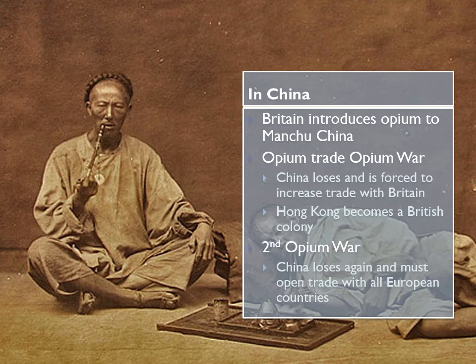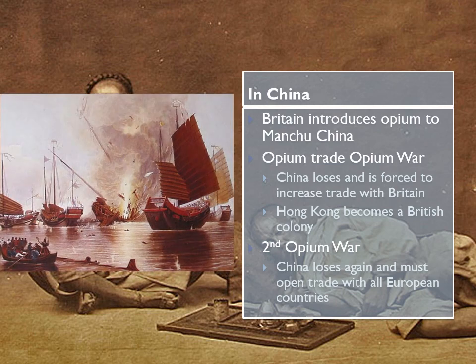Then we have another opium war. China says no again because opium is destroying their population, and China loses again and must open trade with all European countries. So the opium wars do not go well for China. Here we have some example. The British fleet at this point is just far superior to the Chinese, the Manchu fleet, because again, they burned all the